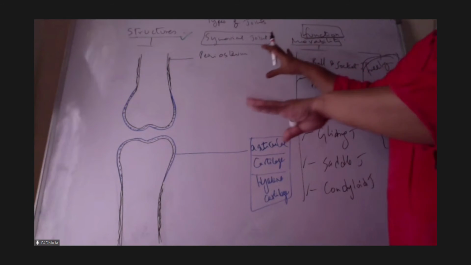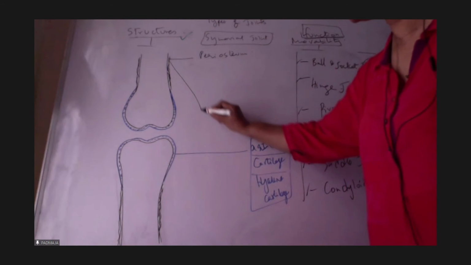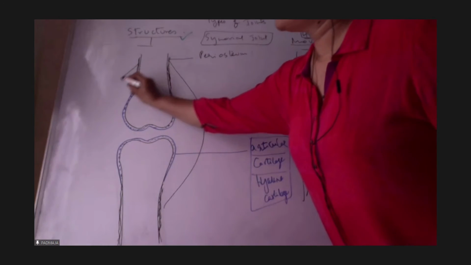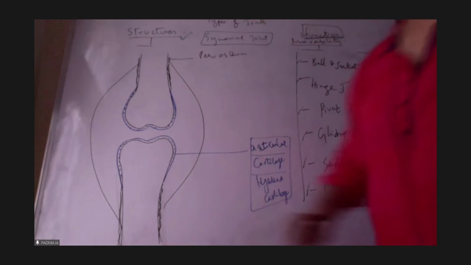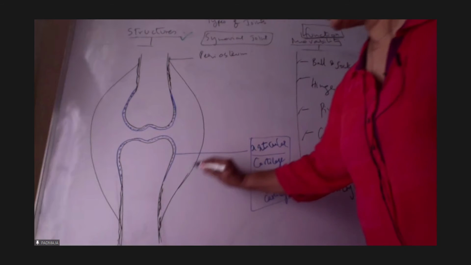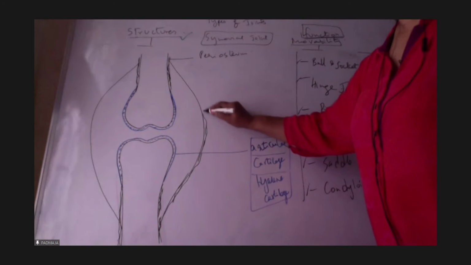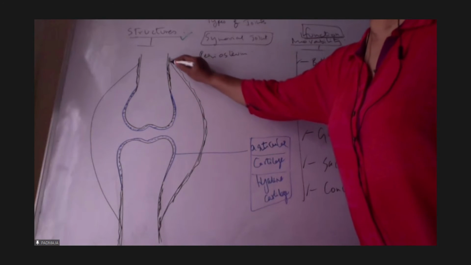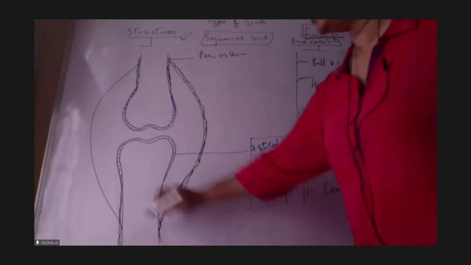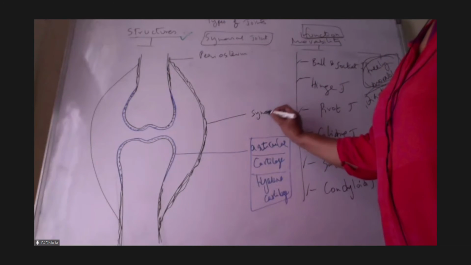Periosteum. Dense fibrous irregular connective tissue sheath: like around the cartilage it is perichondrium, like around the bone it is periosteum. Why am I covering that point? Here, an irregular dense fibrous connective tissue sheath extends from the periosteum of one bone to the periosteum of another bone to form the synovial capsule.